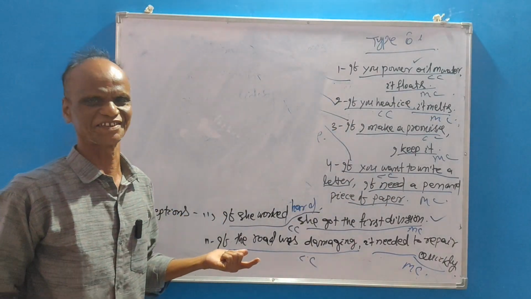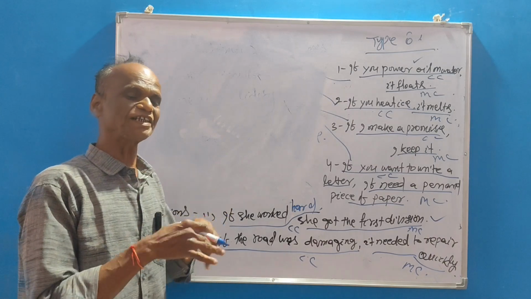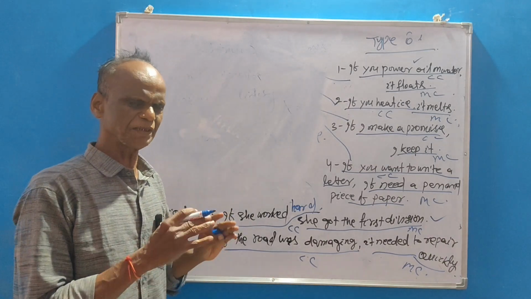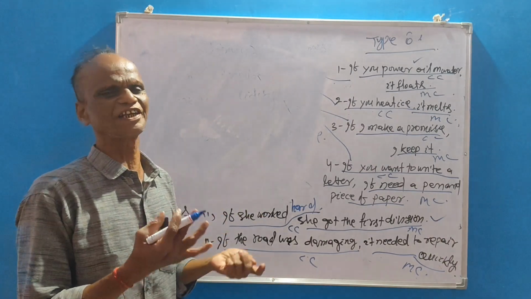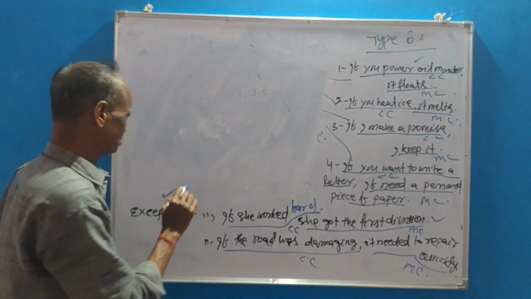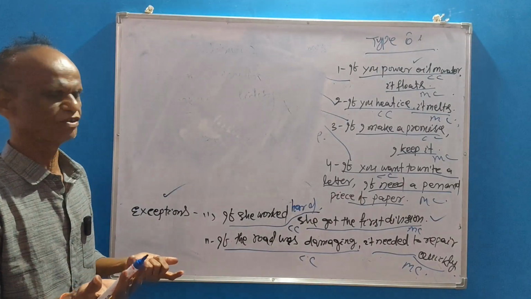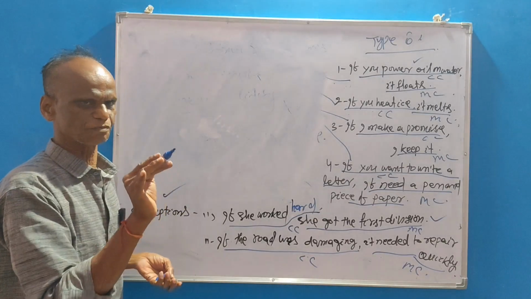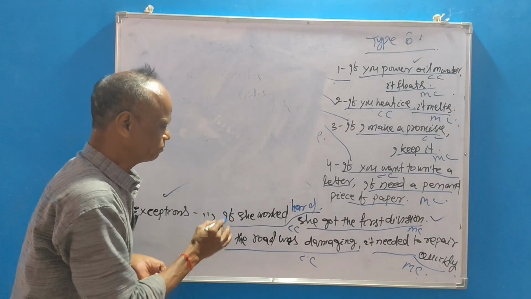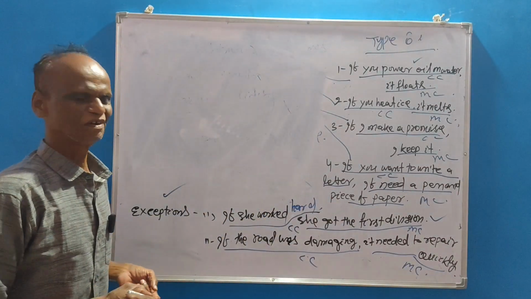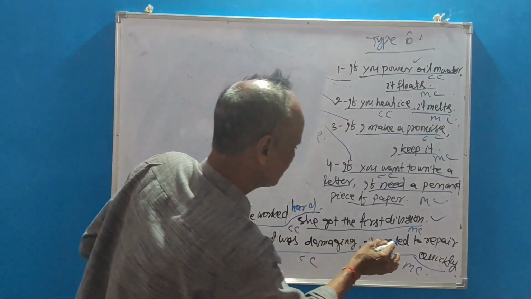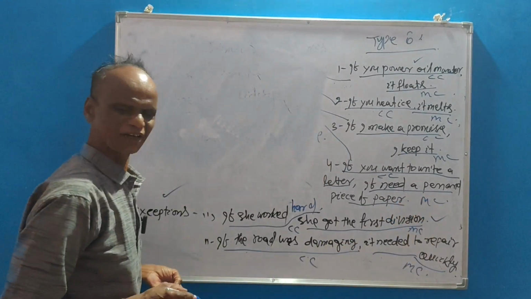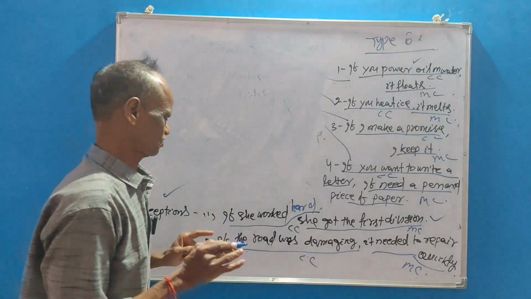So what is the difference? Sometimes, what are the exceptions? Exception means something does not follow the general rule. General rules: present simple, present simple, type 0 conditional clause. But here, it refers to past simple, past progressive, and past simple. Okay. So that is the exceptions.